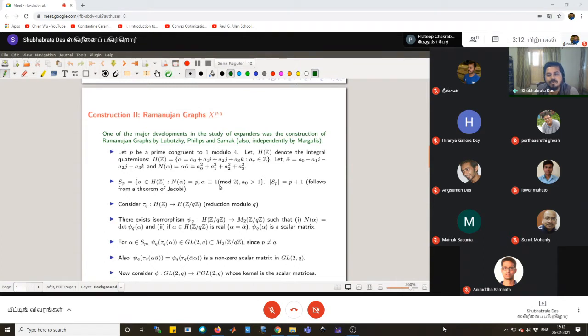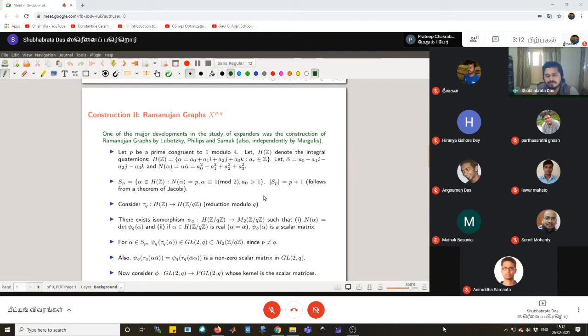So 1 mod 2 would imply that only this would remain, because if all the other coefficients are even, then all the other terms vanish. So only the constant term will remain, and the calculation behind this figure, that the cardinality of this set is p plus 1,